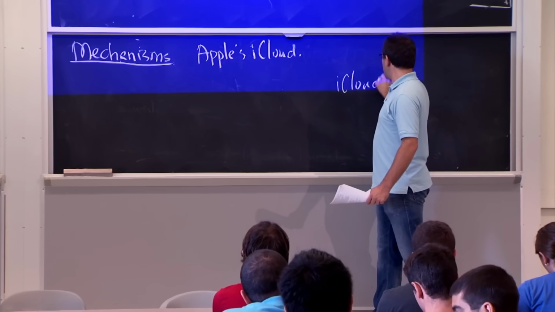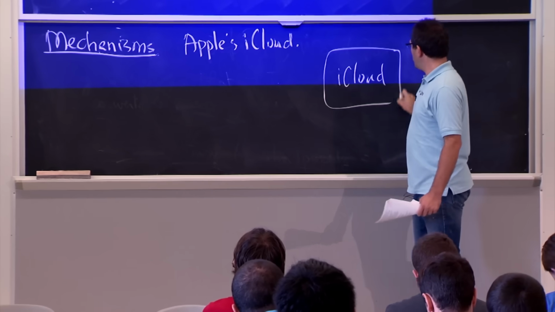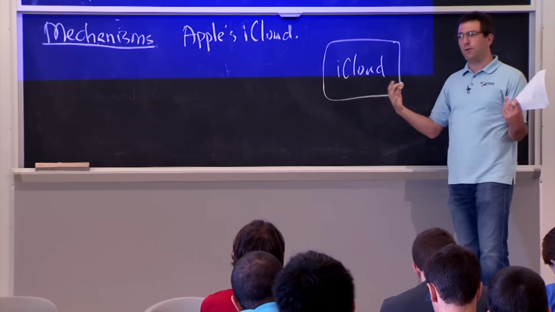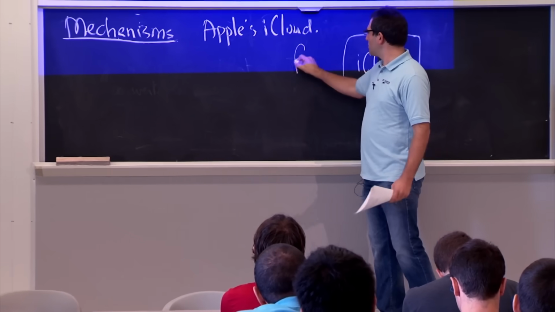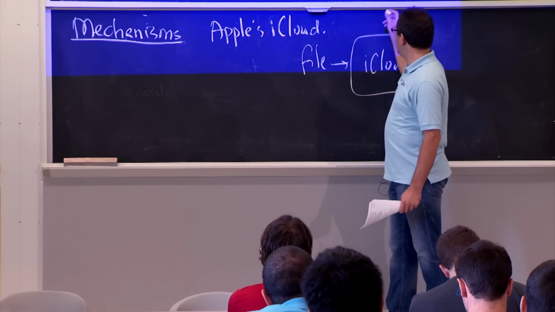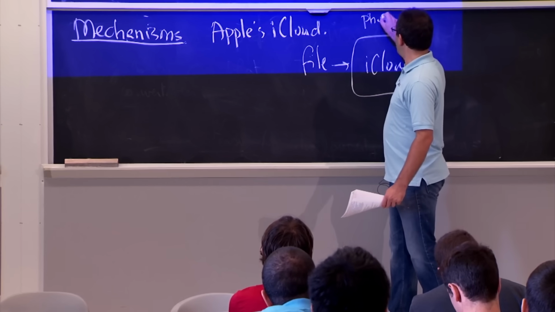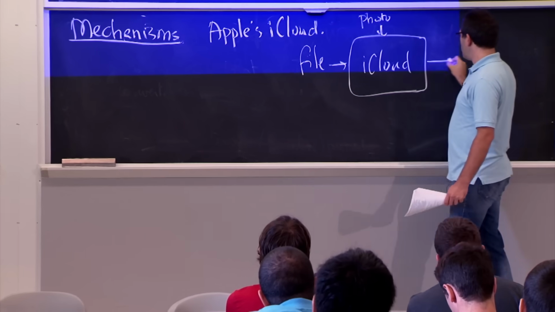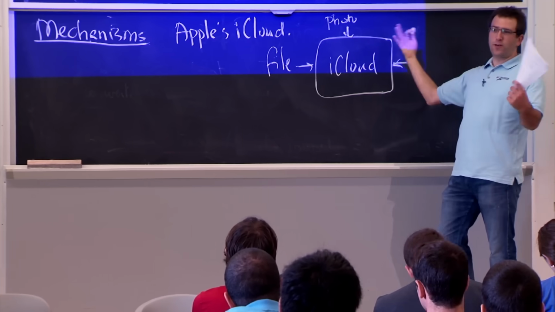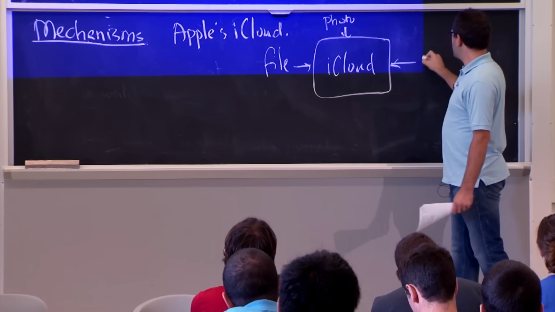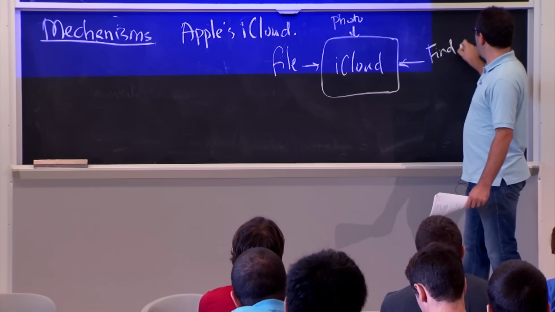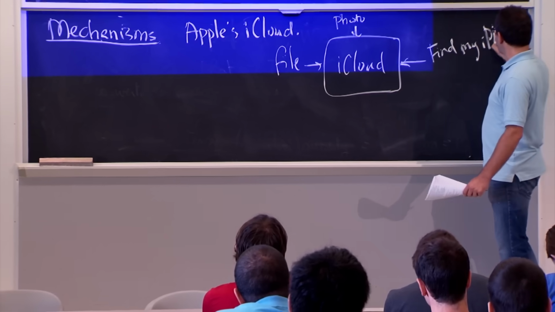So what does iCloud look like? It basically provides lots of services for the same set of accounts. Maybe you have your file storage on iCloud. Maybe you have your photo sharing. Maybe you have other interfaces. And one of the interfaces into iCloud, these are all different APIs that they provide, was this feature to find my iPhone, I think.